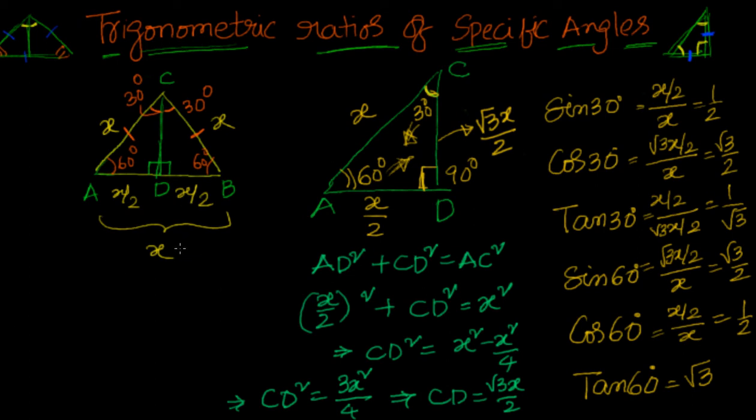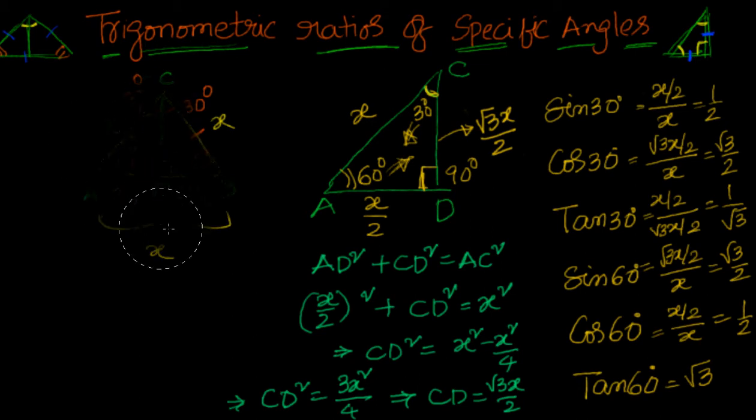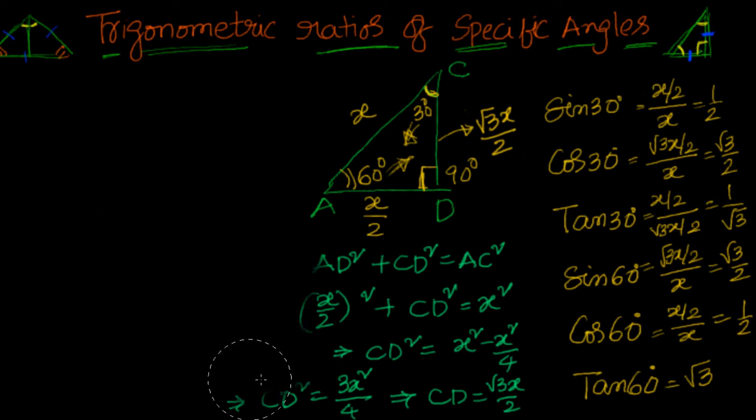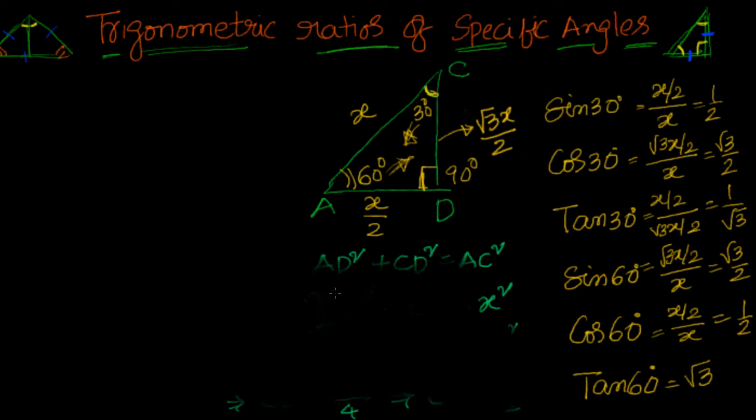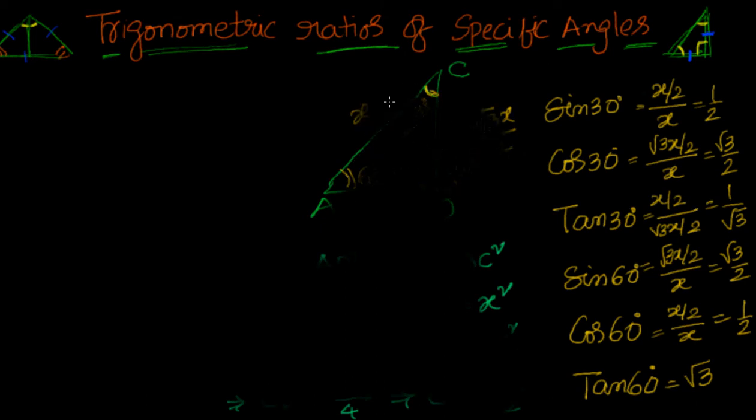Welcome back. As I said, we will continue with the video where we'll find out the trigonometric ratios for 0 and 90 degrees. For 30, 45 and 60 degrees we have already done all the trigonometric ratios. Let me erase part of this so that together we can work on 0 degrees and 90 degrees.